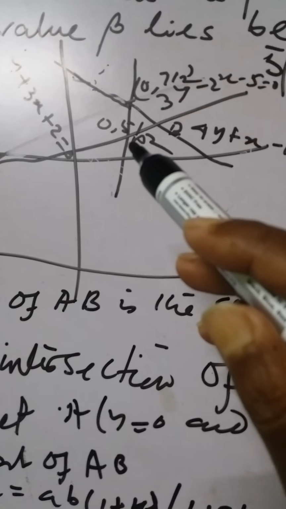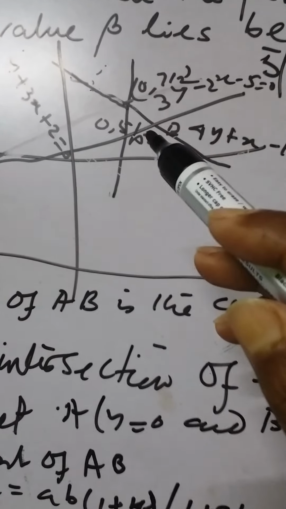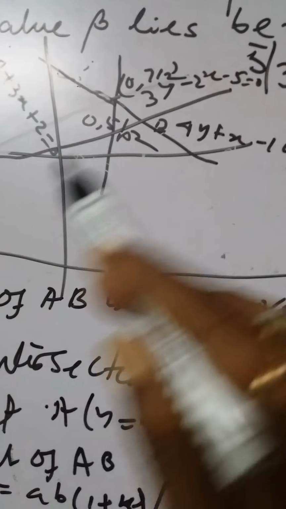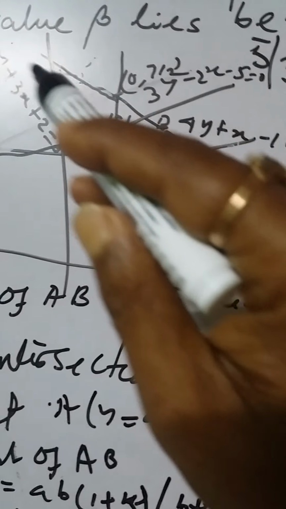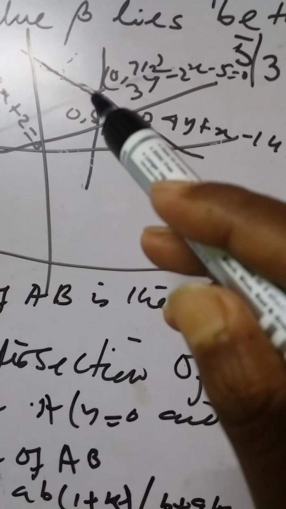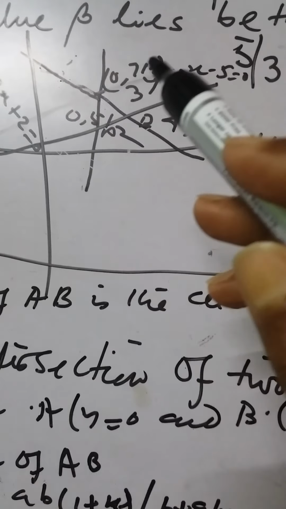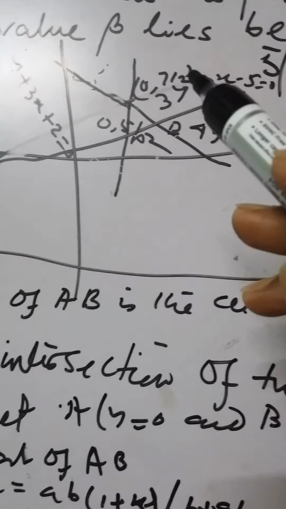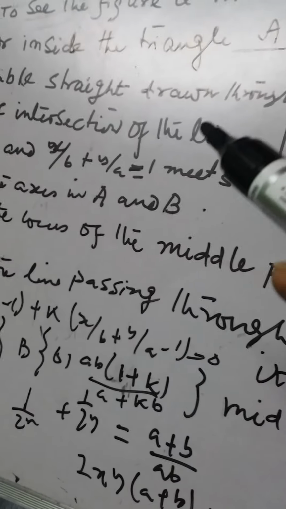So here it cuts (0, 5/2) after the intercept form of this straight line, and after the intercept form of this straight line, it cuts (0, 7/2). Hence,